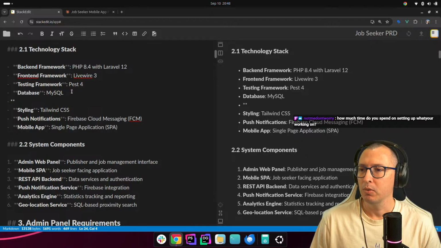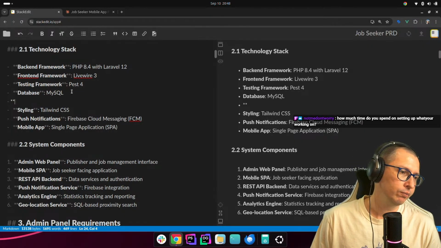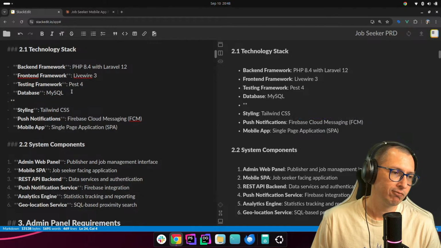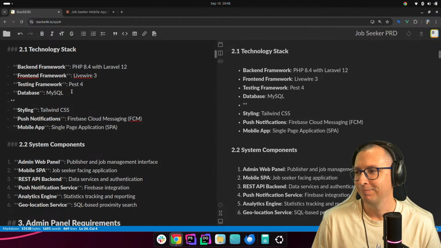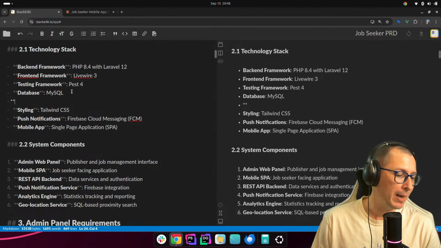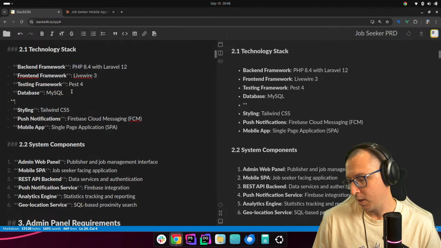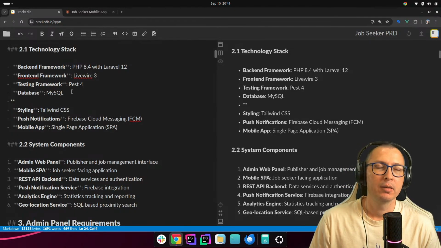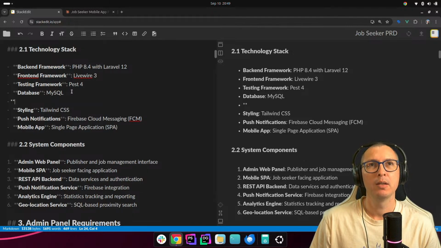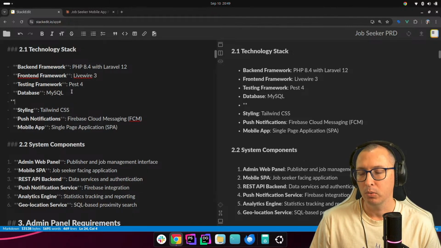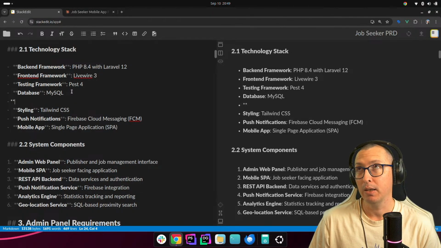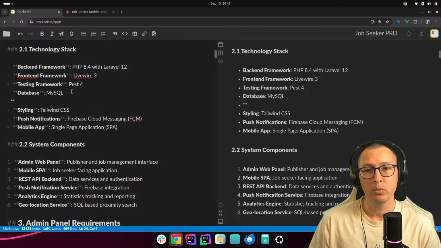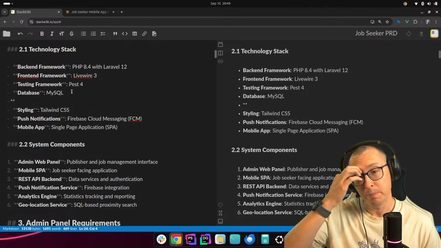How much time do you spend on setting up what you're working on? More than I care to admit. My mind works in mysterious ways, mostly stupid ways. It really helps me to know what I'm doing before I start doing anything.